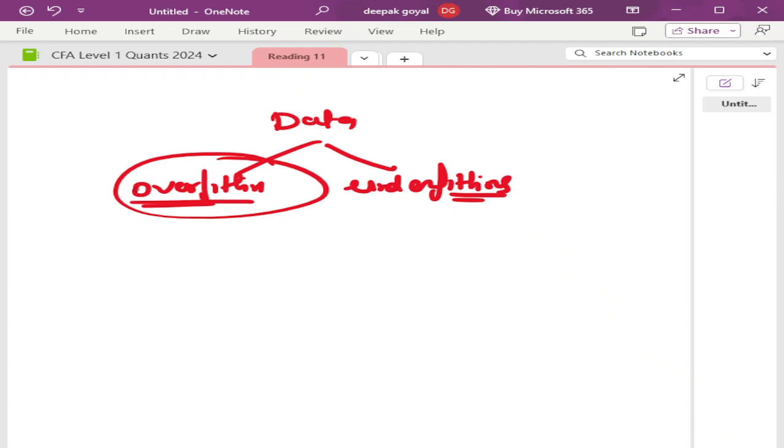Similarly, a program learned to recognize only the specific cat photos it was trained on. Suppose a new cat photo comes in, my software will get confused. So this is an example of overfitting. See, I'm trying my best to make it very simple and easy to understand rather than making it very complex. Clear? Then we have underfitting.